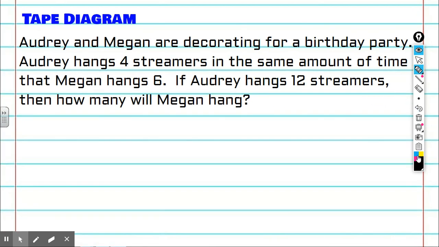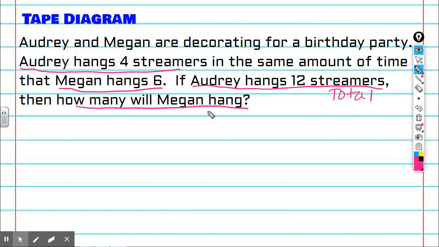So we know some information here. We know that Audrey hangs 4 streamers while Megan hangs 6. We know that Audrey hangs a total of 12. So this is a total. We are trying to figure out how many Megan will hang. So in math, when we don't know something, we use a variable. A variable is a letter, and we will get to that. So we know Audrey and we know Megan. Audrey will hang 4 streamers